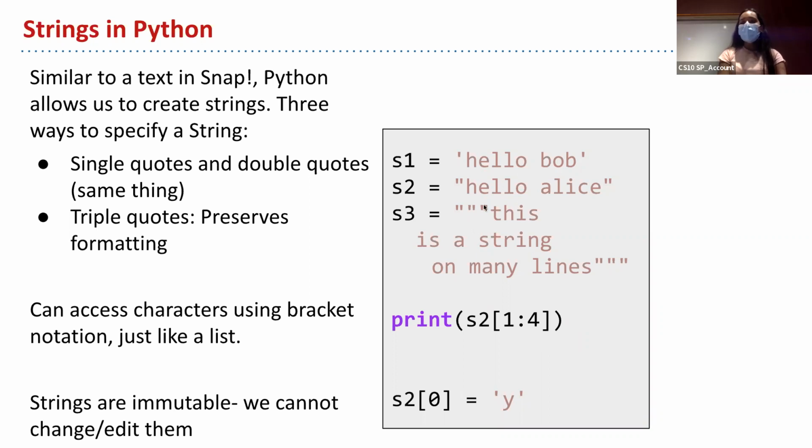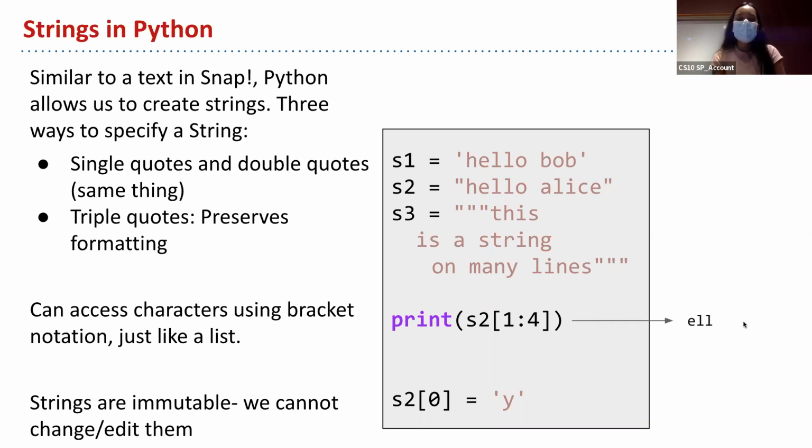No? Okay. Well, if we look up here at s2, we have 1 to 4. So that tells us we're starting at index 1 and going until index 4. So if we go here, we see this is index 0, this is index 1, this is index 2, 3, and 4, and we're stopping at 4. So this was 1, so this is going to output ELL. Does that make sense?